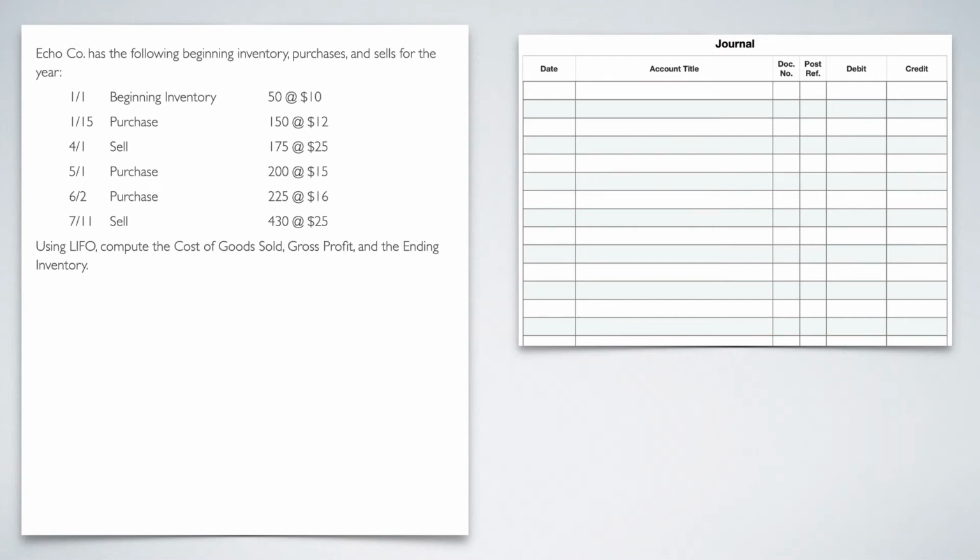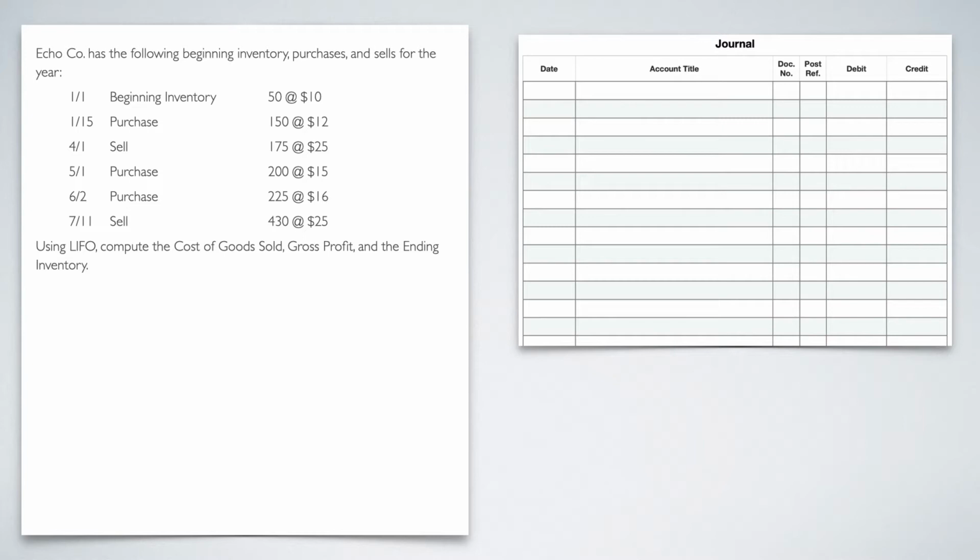All right, here we are again with the same problem, still doing intermittent purchases and sales, but this time they're asking us to do the same thing using the LIFO method. So this is last in, first out. A lot of the stuff is going to be similar, especially with the journal entries. With the purchases, they're going to be identical. The cash and sales revenues should be the same. The only thing we're changing in the journal entries are the COGS and the inventory.